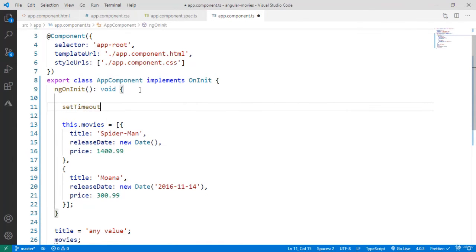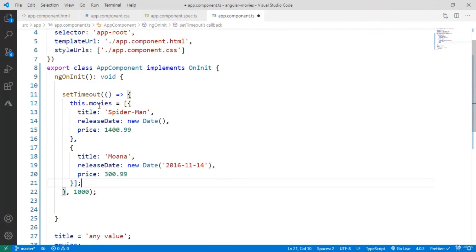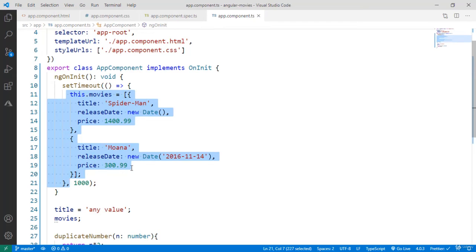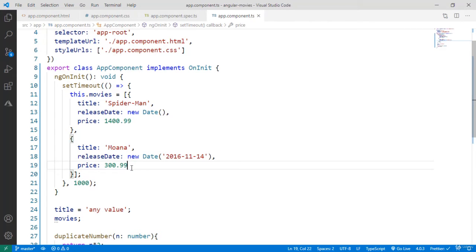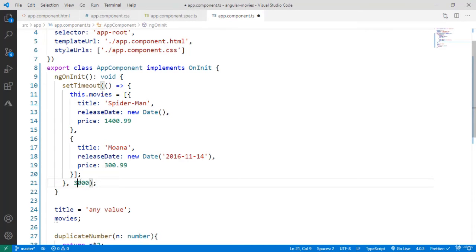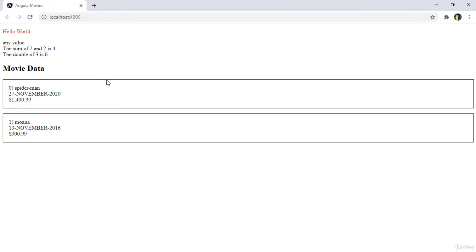So let me say setTimeout 1000, and I will cut this and paste it here. So as you can see, the setTimeout has two parameters. This parameter is the time that we have to wait in order to execute this function that we have here. So now let's go back to Google Chrome and let's see this in action. Now as you can see, if I refresh the page, we don't get immediately the list of data. In order to visualize this better, let's put here 3 seconds. And now as you can see, definitely we have to wait 3 seconds before we are shown the list of